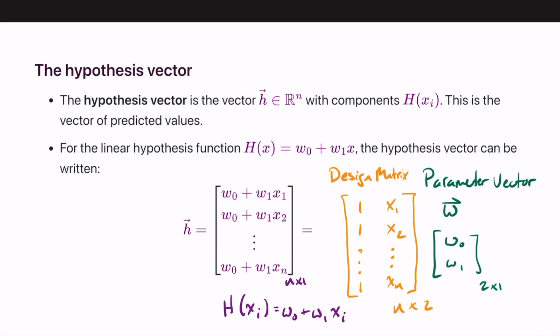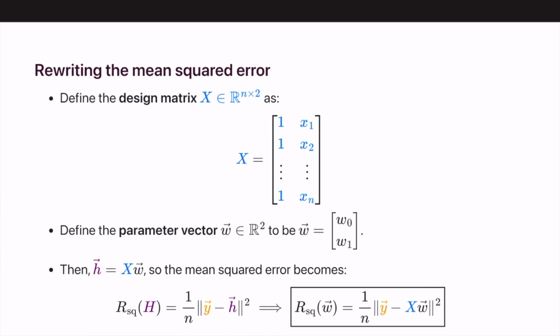So that's important. So this is kind of a formal way of defining our design matrix, and important to note that w sub 0 is still our intercept,